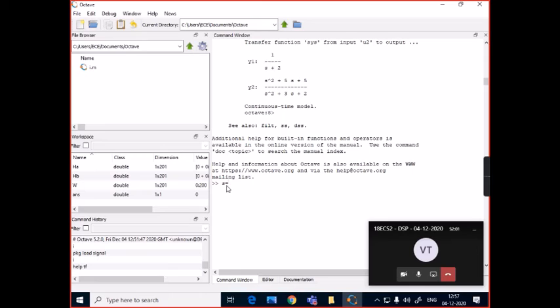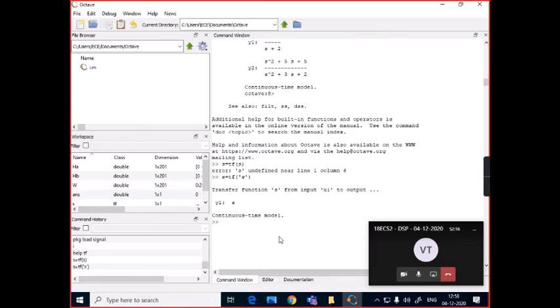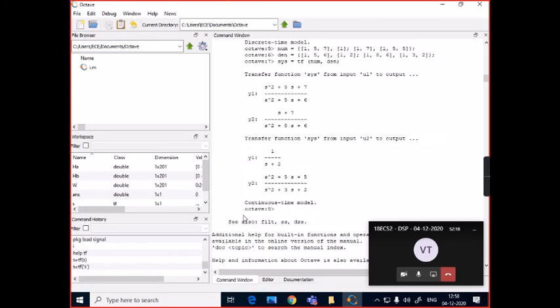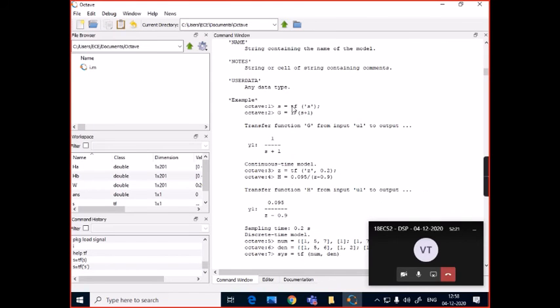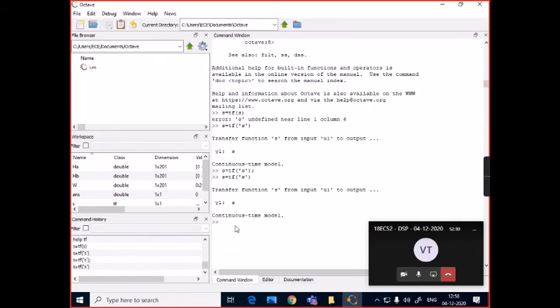Let's say S equals TF followed by S. Sorry, S has not been defined, so it has to be in single quotes. It will display the transfer function of the first order: transfer function S from input U1 to output Y equals S, continuous time model.